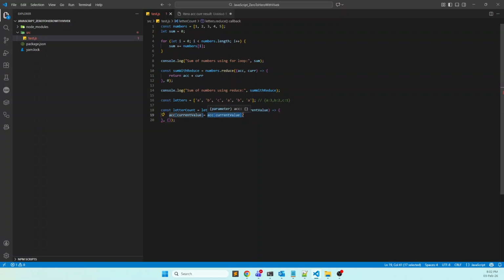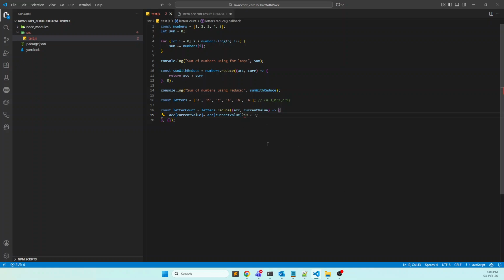If it finds any value, that means the accumulator has the current letter, then it will return you a value. But if it doesn't have any letter, it will return undefined, and undefined will be considered as a false value, this is the ternary logic, right? So since it's the false value, then we will be,